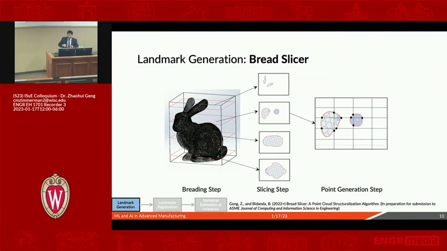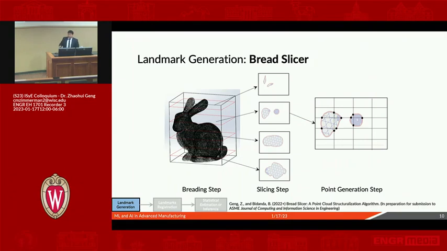So after slicing it, we have a frame that is generated from the envelope, and then we also have a profile of that layer, right? And then we generate the grid on top of this profile, and then we can have the points of correspondence along this, utilizing this algorithm, right? So this is landmark generation. We are still working on this. This one is doable for some features, but if we have more complex features, there's something that needs to be tuned, and also we want to fine tune it for high precision manufacturing